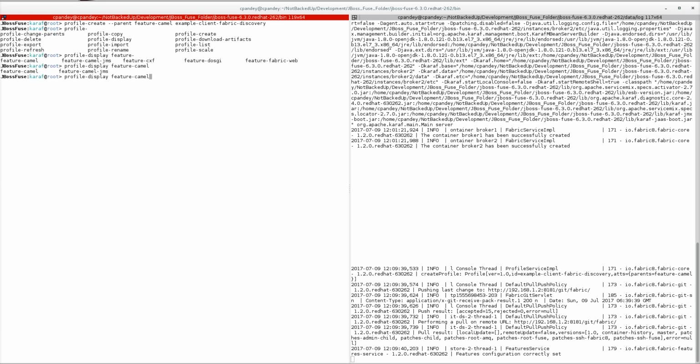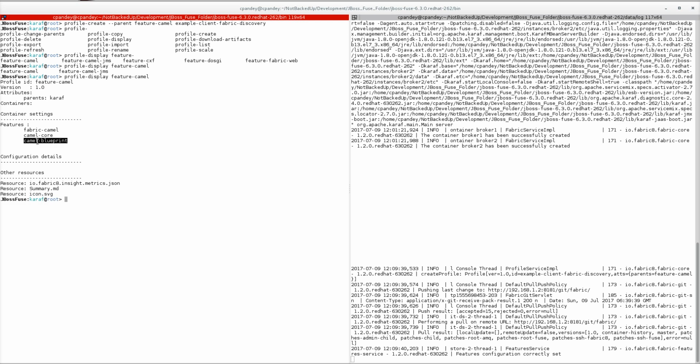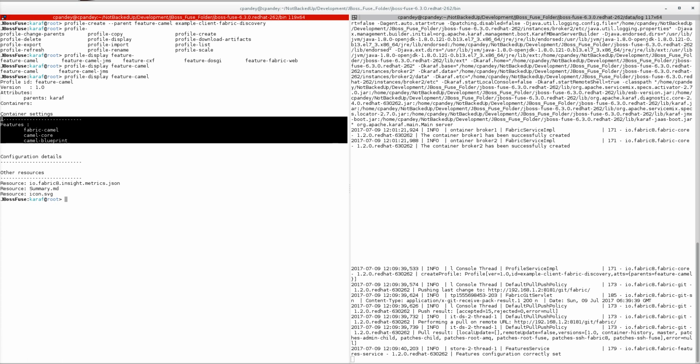If you see here, this profile has features such as camel profile, camel blueprint, fabric camel, and camel core. These are required to deploy any blueprint bundle or a Camel bundle. So that is it.